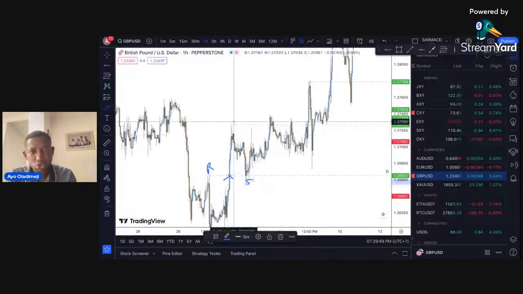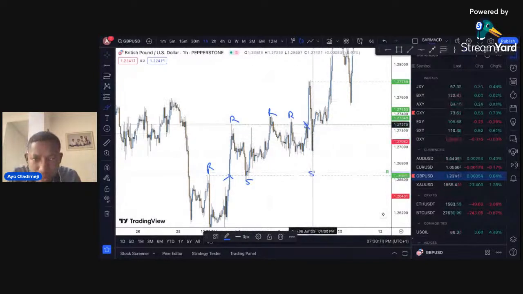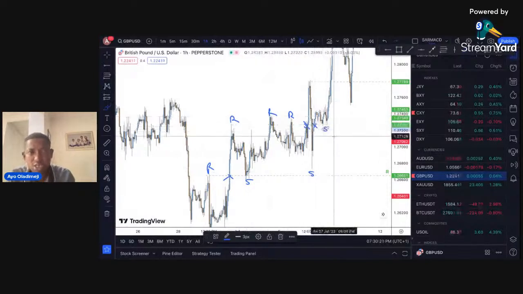So we have a resistance here. Price tried to break it here. It rejected. So the resistance is still a resistance here. Eventually, price broke through this resistance. And then when price came back, it failed to be a support. But instead, this level here became a support, the same level that was support before. This is the second time it's breaking it, and it went up. It became a valid support level.